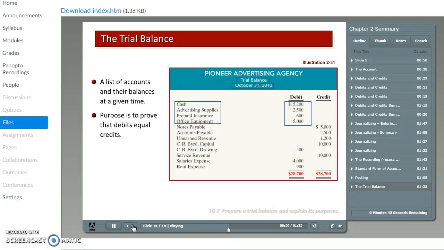Then the 3 liability accounts are listed. As expected, since liabilities have normal credit balances because they increase with credits, the 3 liability balances are listed in the credit column. Next, the owner's equity accounts, owner capital, and owner drawing are listed. After that come the revenue accounts, and finally the expense accounts. The debit and credit columns are totaled to ensure that they are the same. You will see in this trial balance that total debits of $28,700